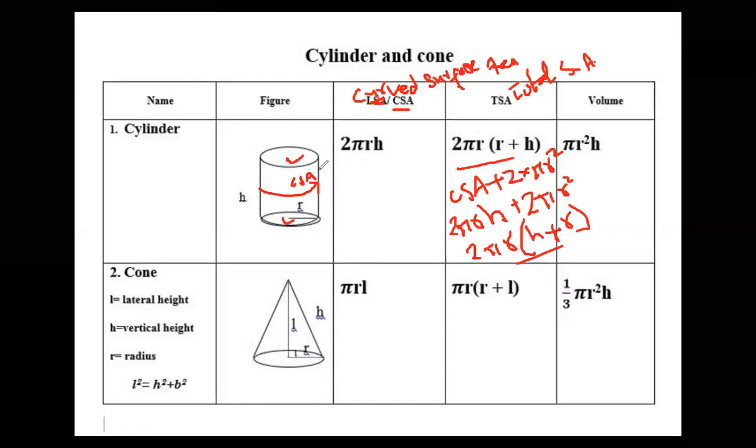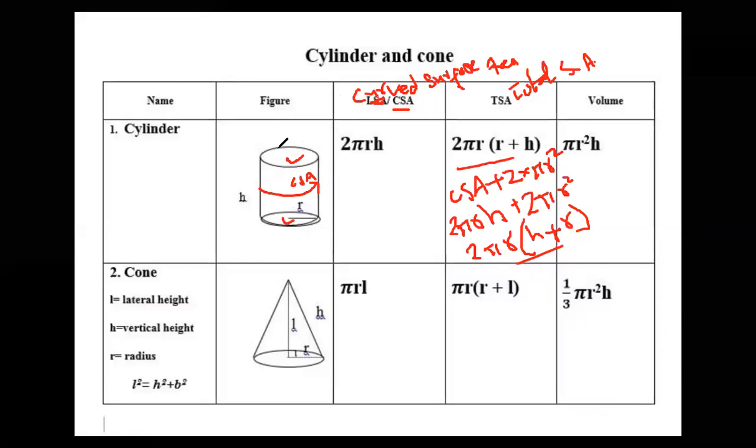Now volume means how much is inside. If you are just talking about the rounded part, okay, how much area is on the outside? Suppose you are going to make this drum. If you want to find how much iron is needed to make this drum, that is called the total surface area. Now how much water fits inside this drum? So how much water will be included? Because in a drum, where is the metal put? Not inside. Where is it put? Only around. If you are just calculating how much metal is required for making this drum, you only make the outside, right? So this is called the total surface area.